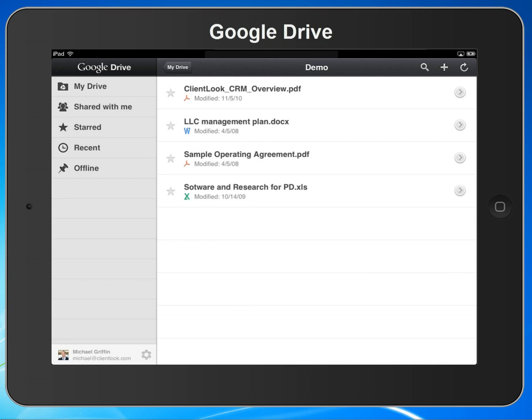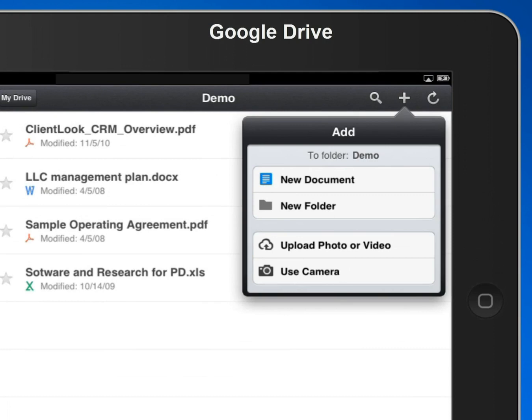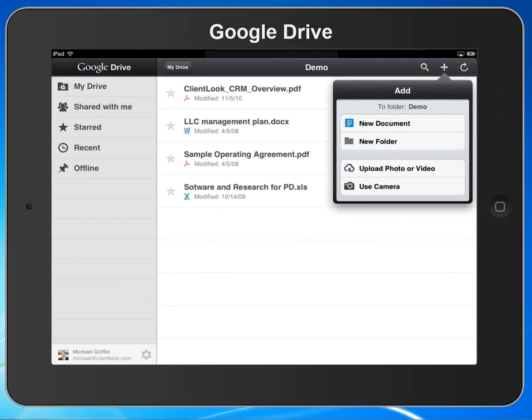Here I can create new documents. So remember when we were talking about email management and I said it was difficult to email a file? Well, here you can create files natively in Google Drive as a Google Doc and then share that file within this interface. You can even create reusable document templates. So basically, that means that you could sit down with your client in a Starbucks and your iPad, create an offer, and then email it out.